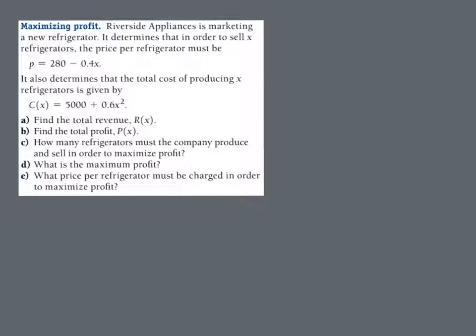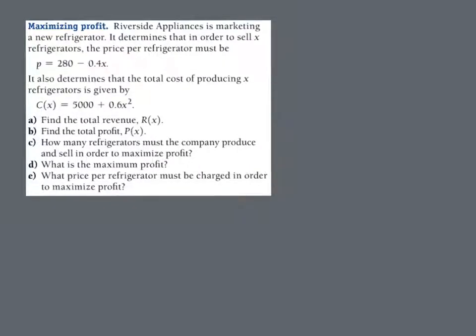So revenue. If we don't have a revenue function, how do we find one? Well, if I'm selling cans of soup and I want to see how much money I'm making, I take the number of cans of soup and multiply it by the price I'm selling them at. So if I'm selling them for 50 cents and I sold 10 of them, 10 times 50 cents would be $5. If I was selling them for 20 cents and I sold 10 of them, I would make 10 times 20 cents, or $2, etc.